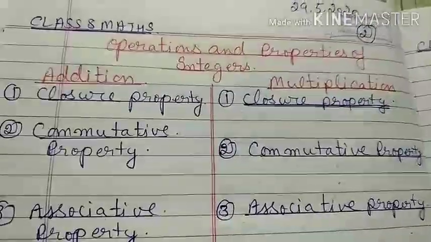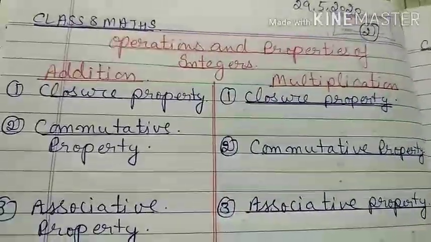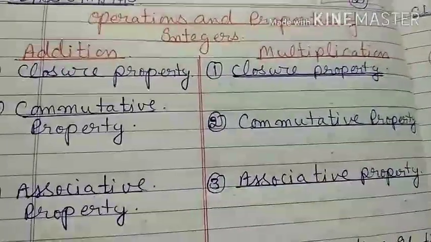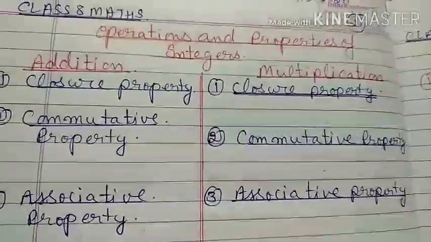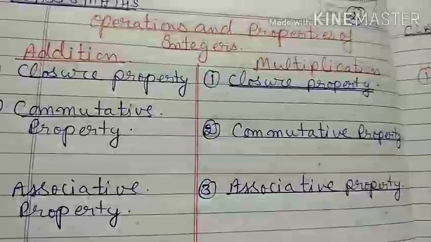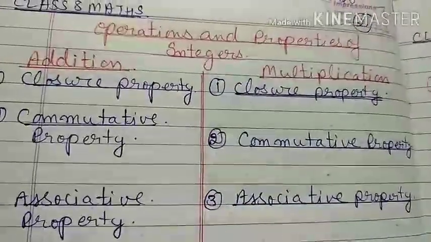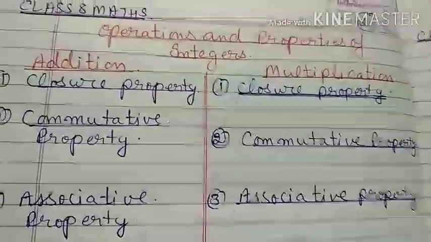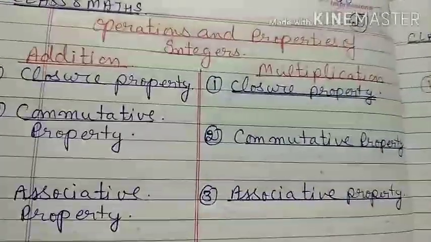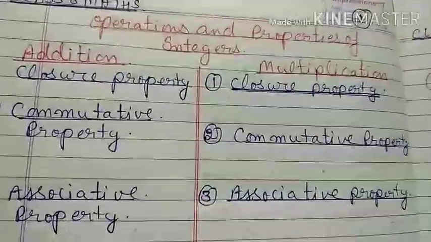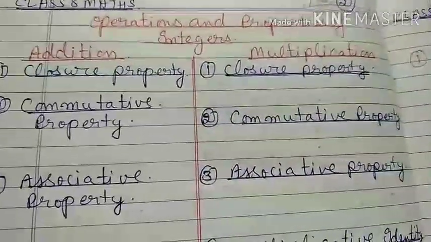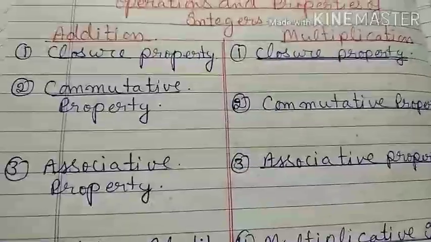Welcome to the revision of rational numbers, exercise 1.1. Here in exercise 1.1, we are dealing with basically integers. You have already done addition of integers, subtraction of integers, and multiplication of integers, and how you arrange integers in ascending and descending order. Next, there are some properties of integers and operations of integers.